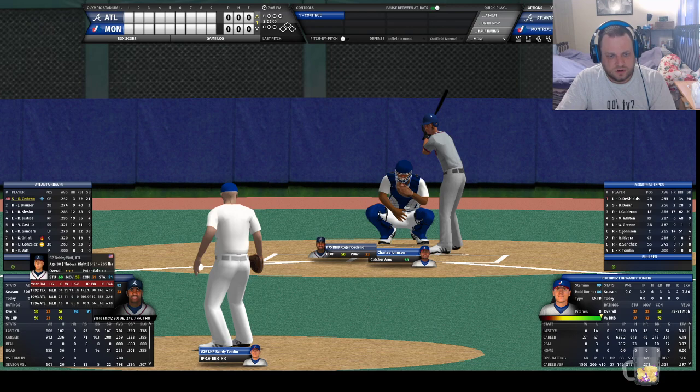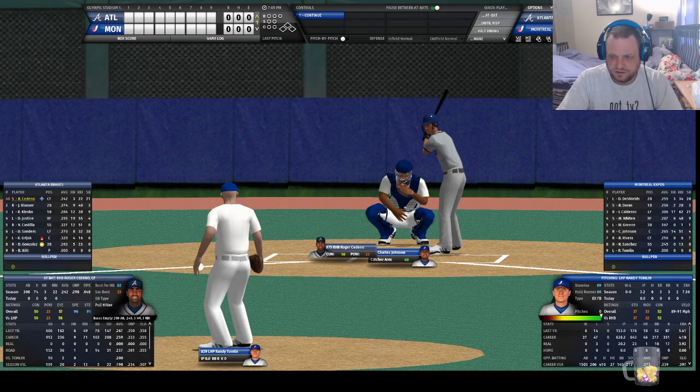He doesn't have good control, so a little erratic of a pitcher, but he finds a way to win. Of course, the Braves is the team that hits the most home runs in the National League, so they would probably score enough runs for him to be able to win despite all the runners that get on base with him on the mound. Alright, so we are at Olympic Stadium, we are at home, we are hosting the Braves,